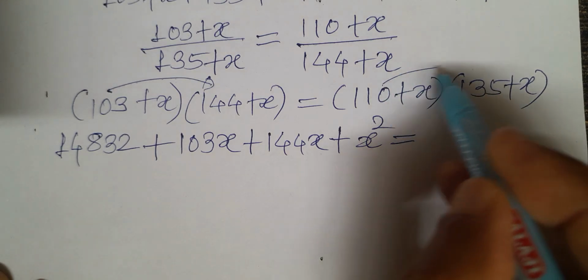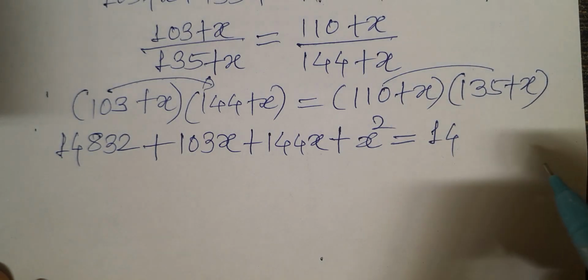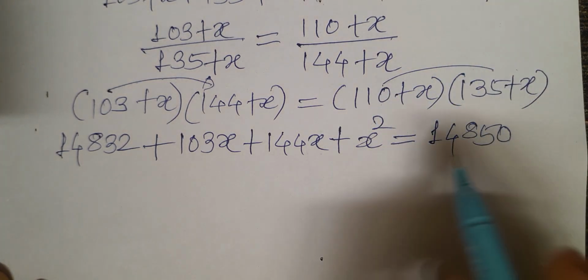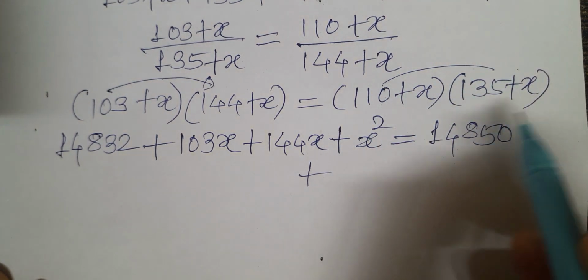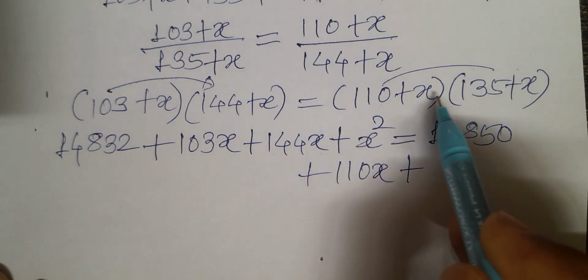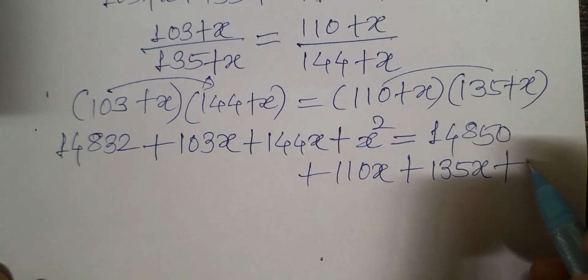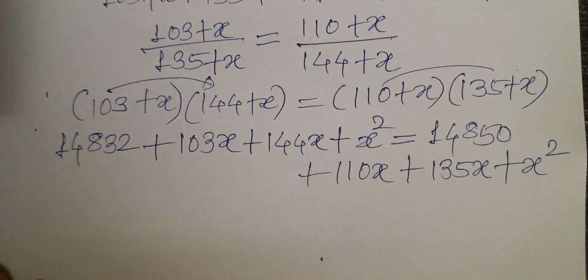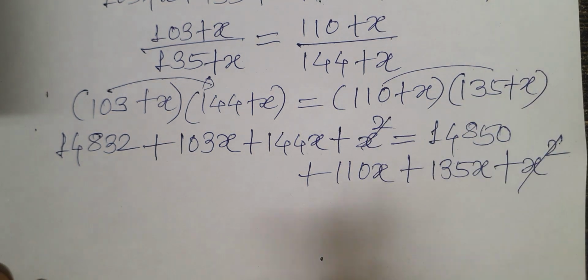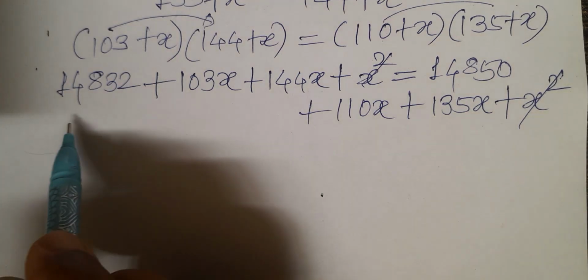110 into 135, so 14850, plus 110x plus 135x plus x square. So after solving the brackets we get this. So this x square will get cancelled. Now what remains is